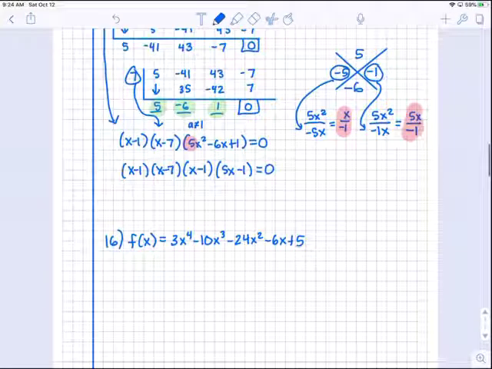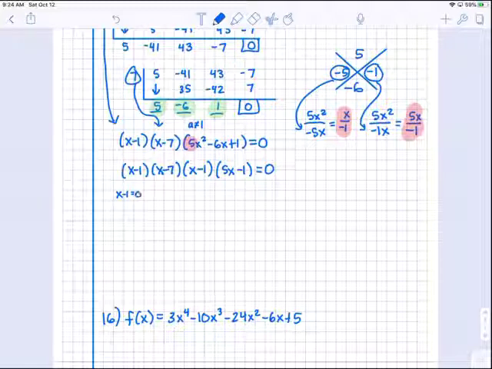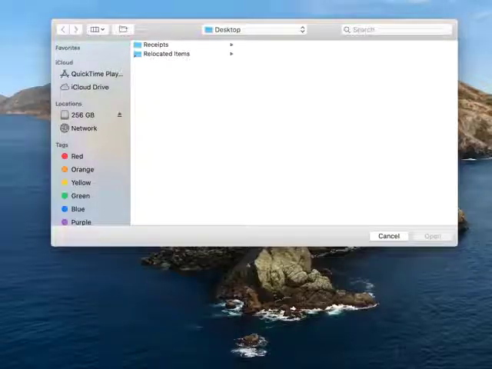And now we find our zeros. So remember, to find your zeros, you set all these equal to 0, and you solve. So x is going to equal 1, x is going to equal 7, x is going to equal 1, and then for this one, to show you guys a couple of work,